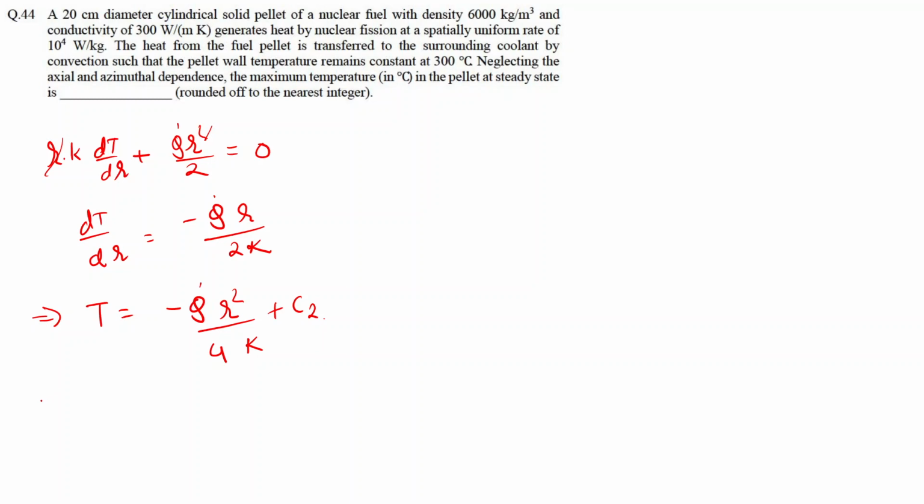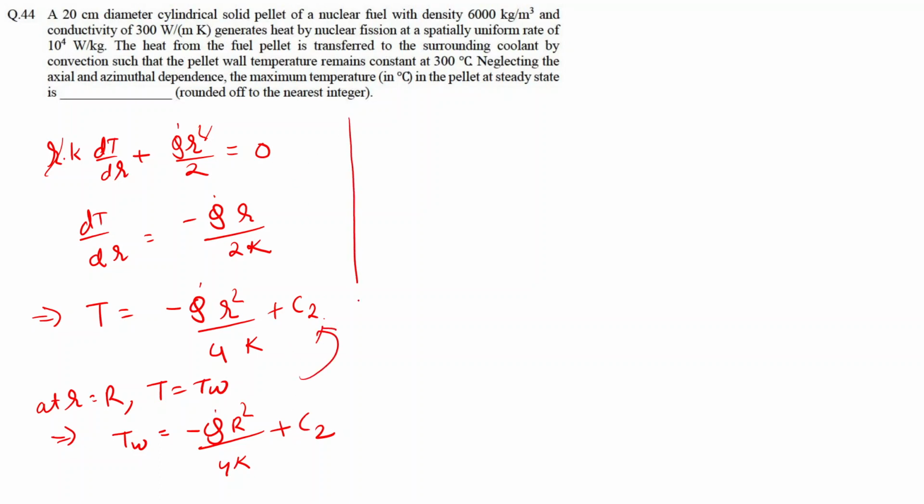Now we can use another boundary condition, that is at r equal to capital R, that is at the radius, we have been given the wall temperature as TW. So we can write that as TW is equal to minus q dot R square upon 4k plus C2. So from this we can find the value of C2 and put it over here, and we can get the temperature profile as